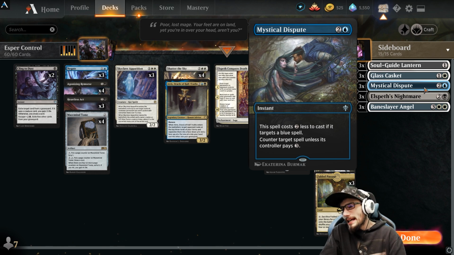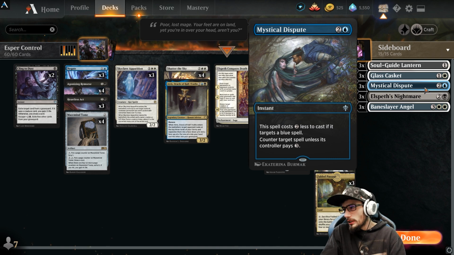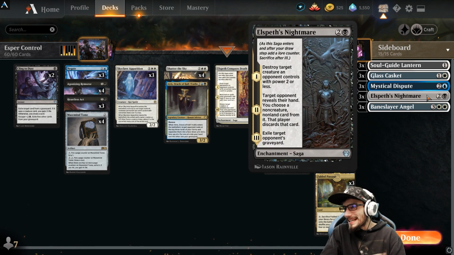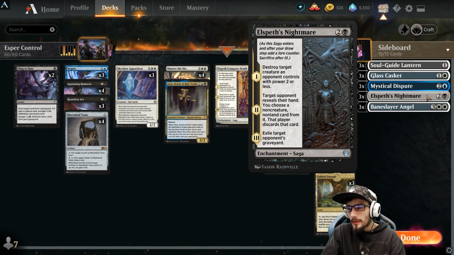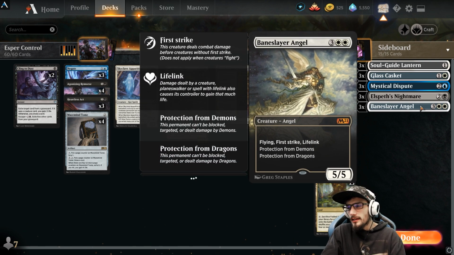Dispute, 2 less to cast if it targets a blue spell, countering target spell unless its controller pays 3. And Elspeth's Nightmare: enters the battlefield, a creature with 2 or less gets destroyed. Next up, you get into your opponent's hand, take a non-creature, non-land card from it, they discard it, and then finally exiling their graveyard. And 3 copies of Baneslayer Angel against those aggro decks, 5/5 flying, first strike, and lifelink,